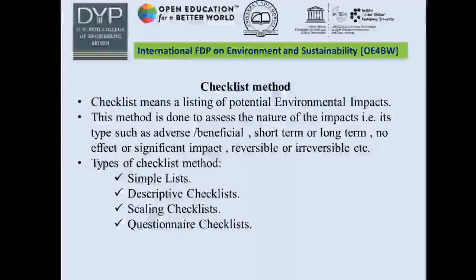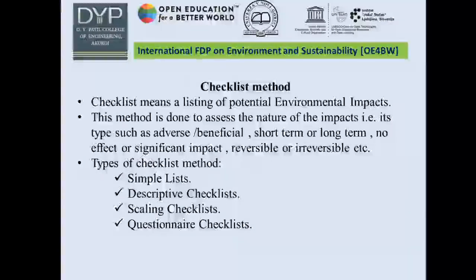And when it comes to the drawbacks, checklists have the potential to be incomplete in their coverage, because whenever we see the questionnaire, sometimes we will not get true data; it may be incomplete data. At that time, getting to a conclusion is difficult. Many times it may cause double counting of the impacts. It may not indicate the likelihood of an impact or priority impact. So these are the drawbacks we have in the checklist.